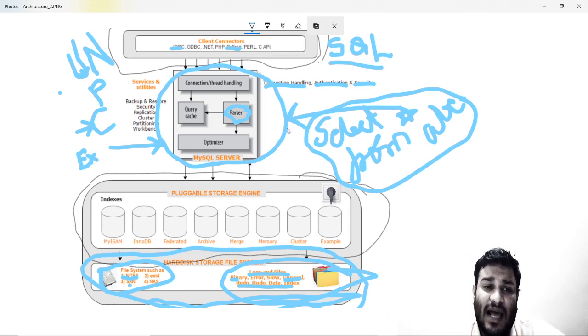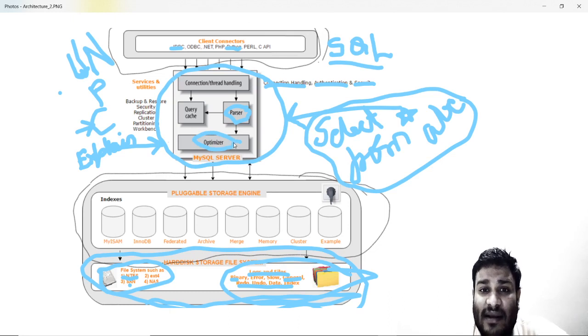It will explain how exactly the MySQL server will parse it. What do we call it? Explain plan. In Microsoft SQL the command is explain plan, but in MySQL the command is just explain. So this is the purpose of the optimizer.